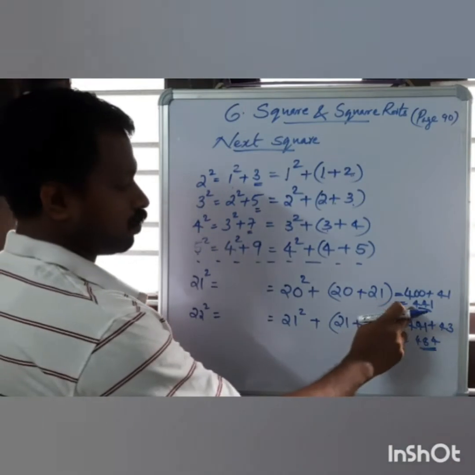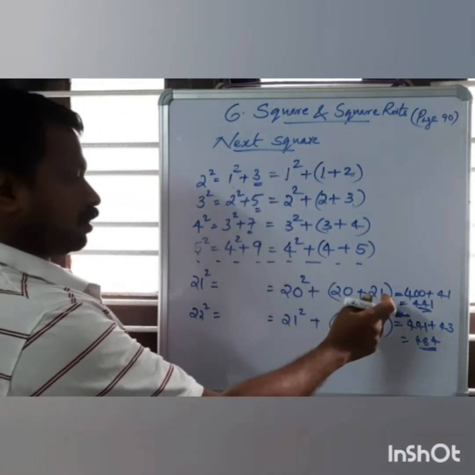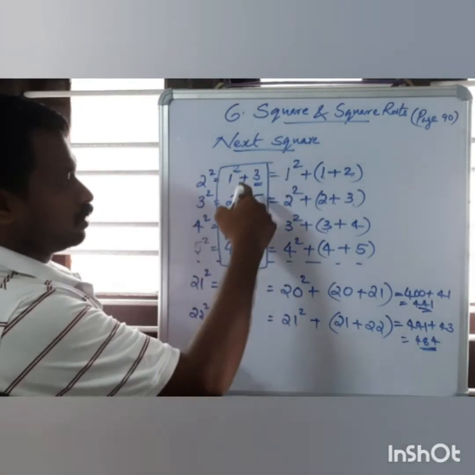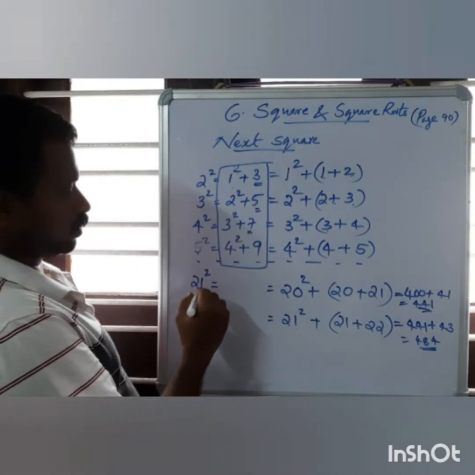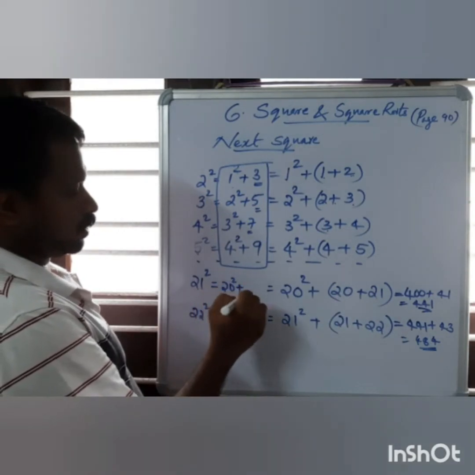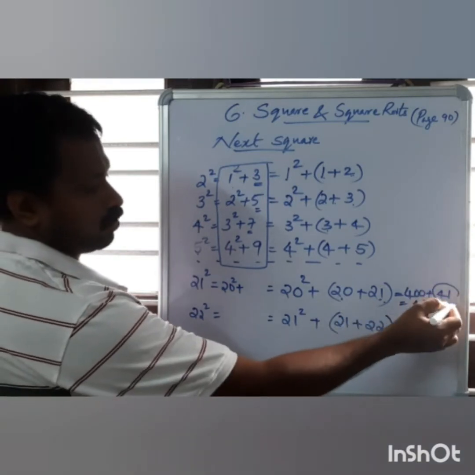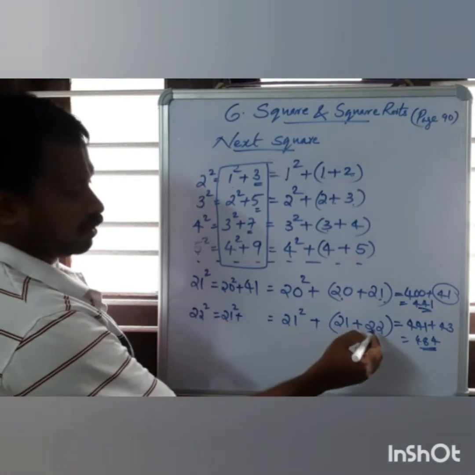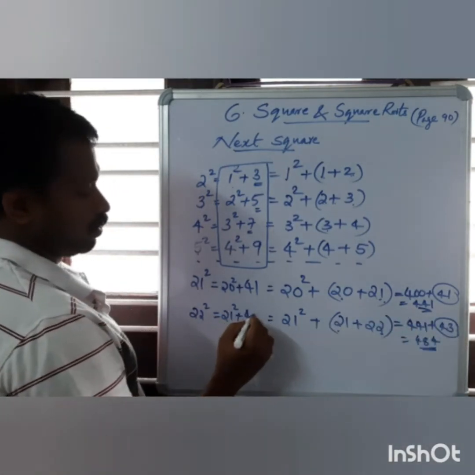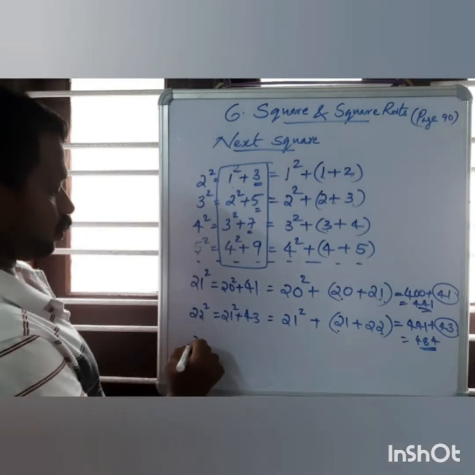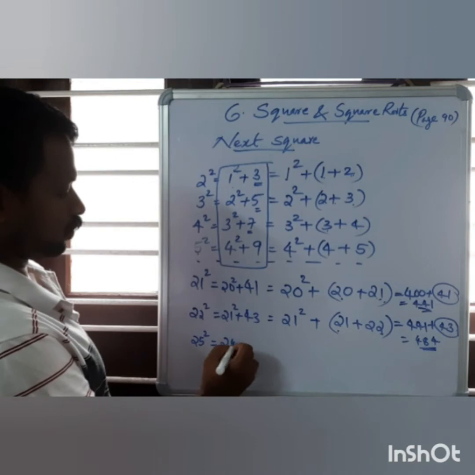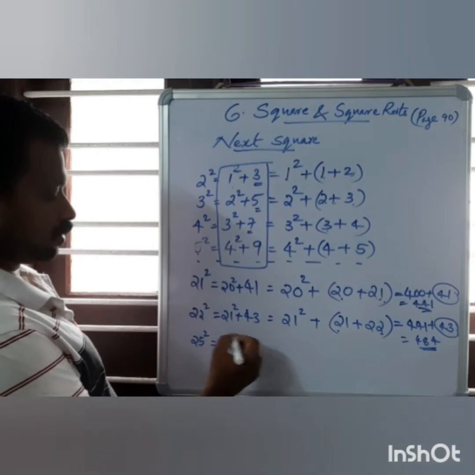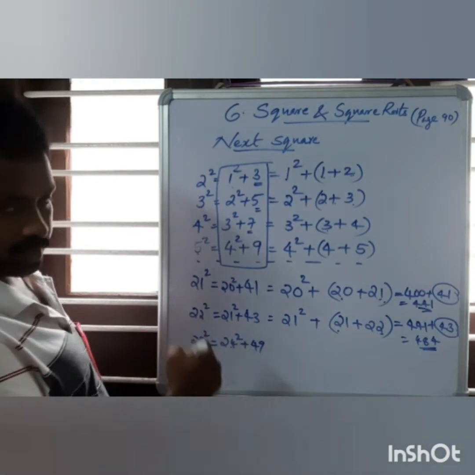Square of 21 is 441. Then if you go through the last pattern, this one. Same like this pattern, you can write 21 square. 21 square is 20 square plus this one together, that is 41. So 22 square is 21 square plus this together 43. Okay. So to find out 25 square, how will you write? 24 square plus the pattern you should write down, that is 24 plus 25, it is 49.